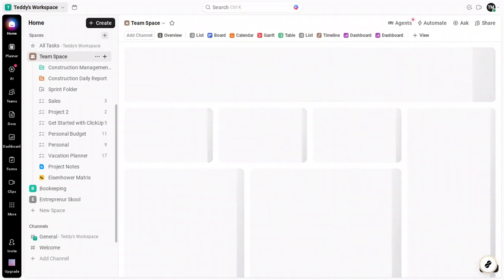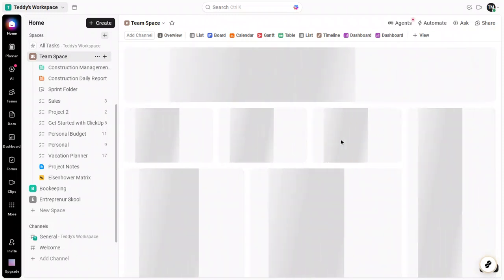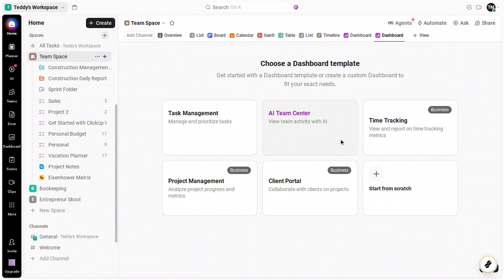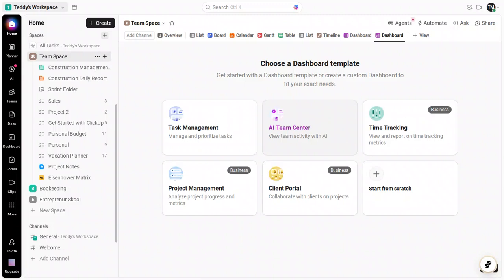Next, look for the plus view icon. You'll typically find it in the view bar where list, board, and other views are available. Clicking this adds a new view to the space, and in this case, a dashboard view that consolidates metrics and activity. This is the same flow you would use to add any new view, but we're going to choose a